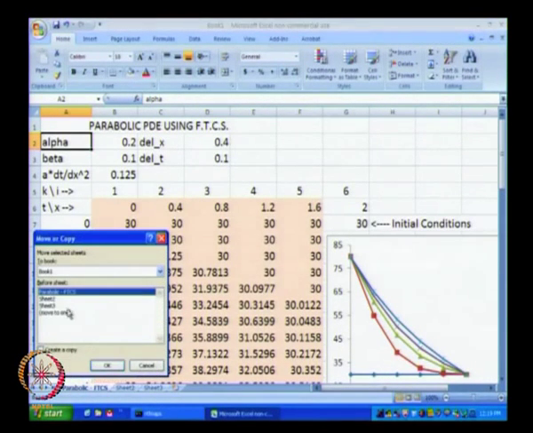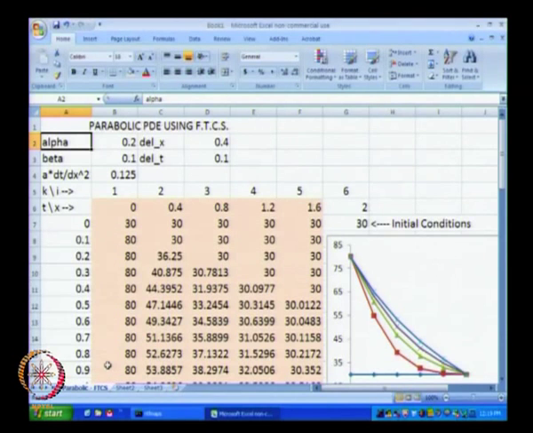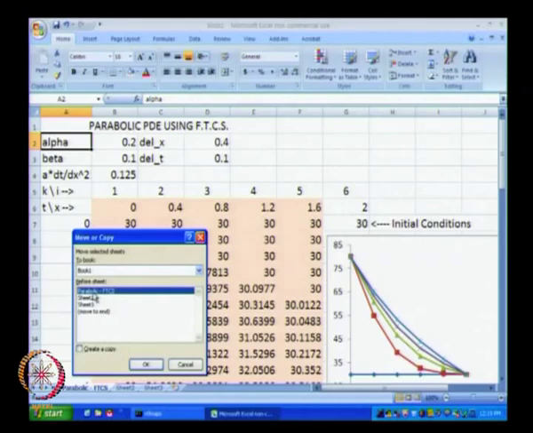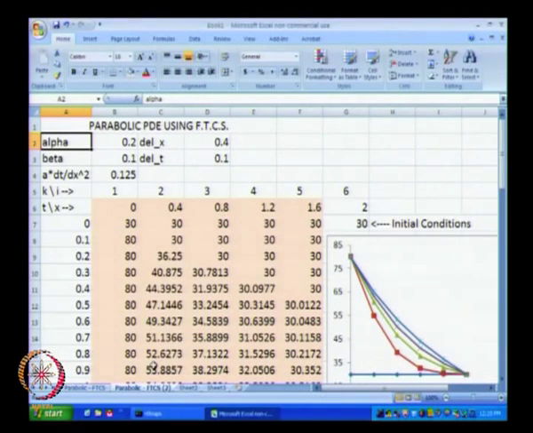What we will next do is we will do this exercise for hyperbolic PDEs, and I will just move or copy this particular sheet to before. Create a copy, and we will retain most of it, however, we will change this to hyperbolic. Okay. And what we expect in a hyperbolic equation is that we will get this system to not converge